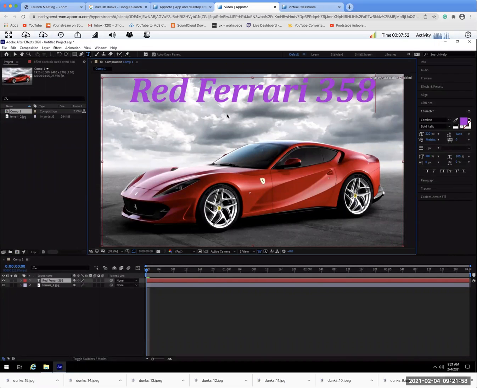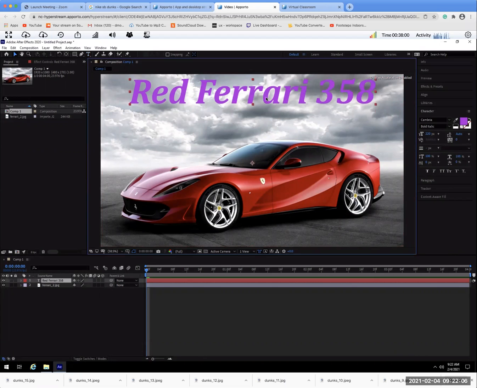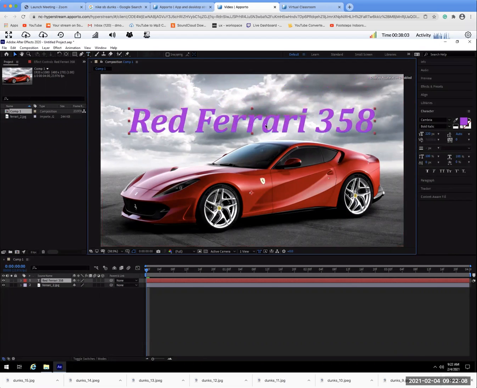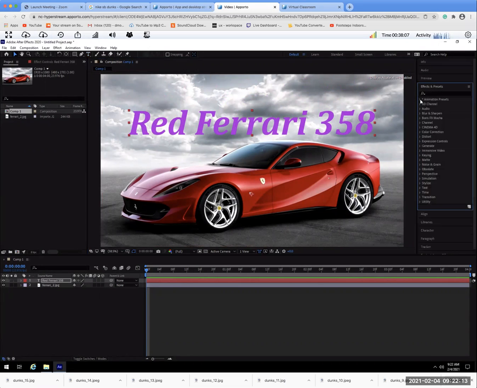Now your text is the right color, the right size, the right font, the right style. Everything has been fixed. Everything has been corrected. If you wanted to move it, click on the selection arrow and move it to where you wanted it to be. At this point, we are now going to go to effects and presets. Animation presets,